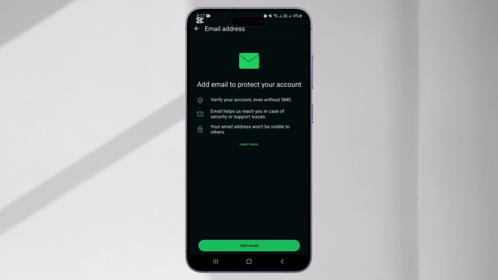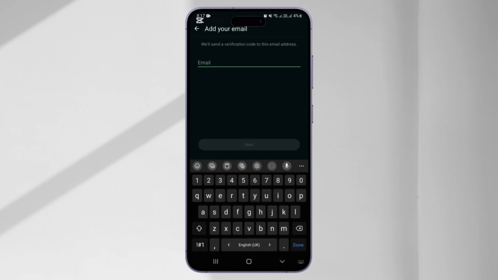All right, so from here you can now add the Gmail or email on your WhatsApp account. So simply you have to click on this add email option. Okay, so as you can see now on this interface, I have to add a Gmail account on this WhatsApp